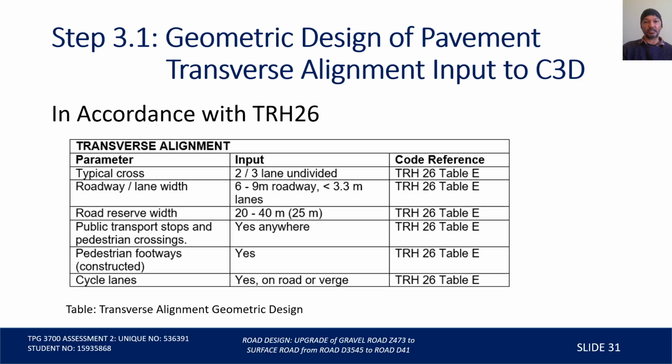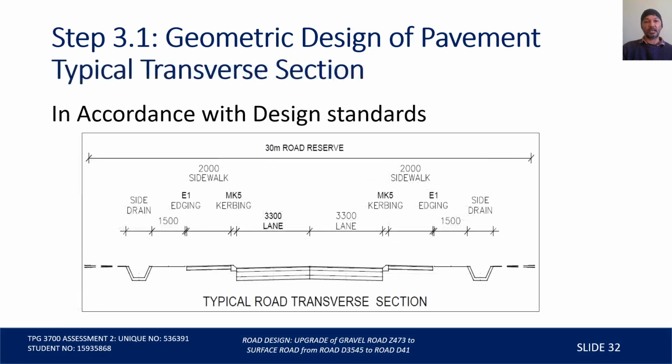Transverse alignment was also designed in accordance with TRH 26. I decided on this as my typical transverse alignment, which I had settled on. The existing road reserve is 30 meters, which is in compliance. I had side drains either side with a road cambering, with pavements, and with sidewalks and side